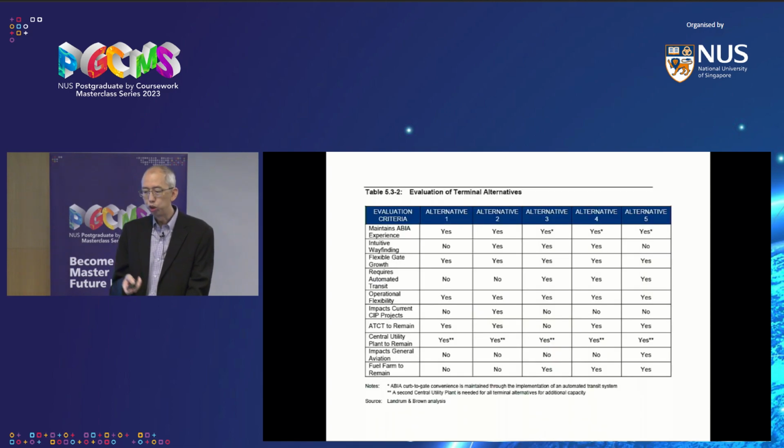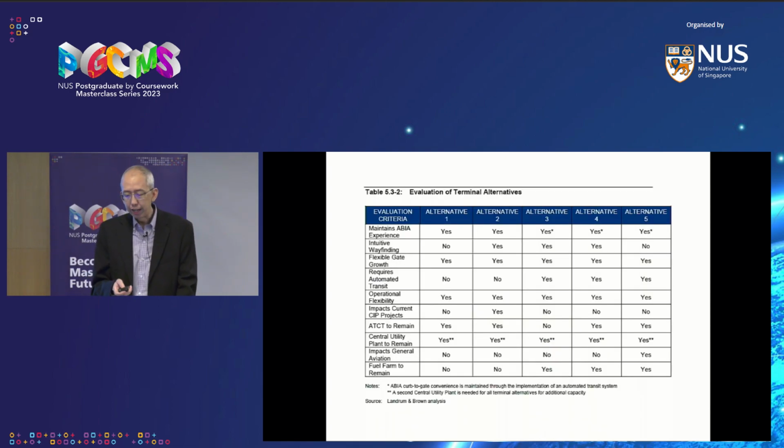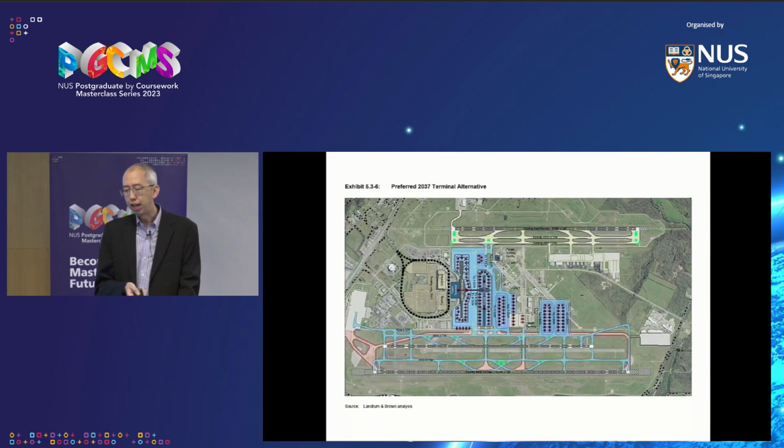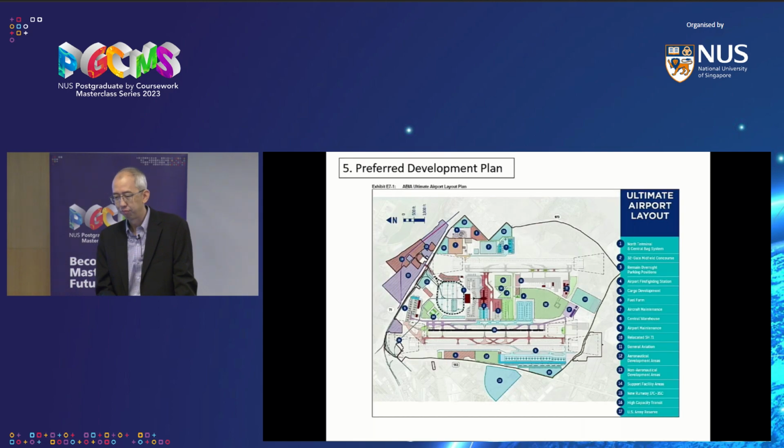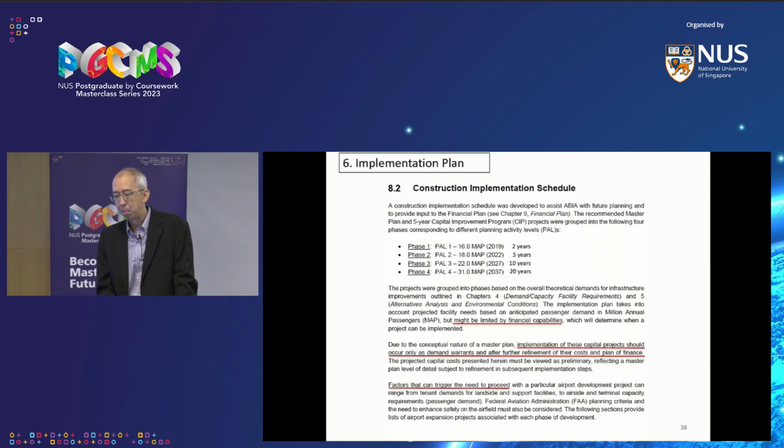And then you use your criteria to evaluate them. And then after that, you have a preferred alternative, okay? So remember, we are trying to do like 2 years' worth of work by many consultants in a 30-minute talk, okay? So there are a lot of different pictures, but the main thing is you look at all the different alternatives, and then this was their preferred alternative based on the criteria that they had set out. And then this is a preferred development plan.